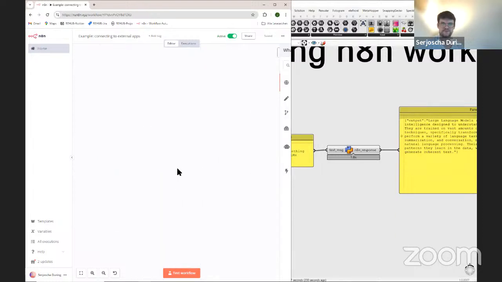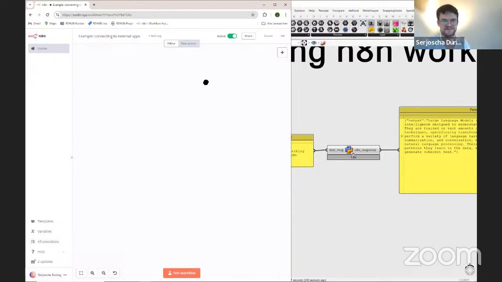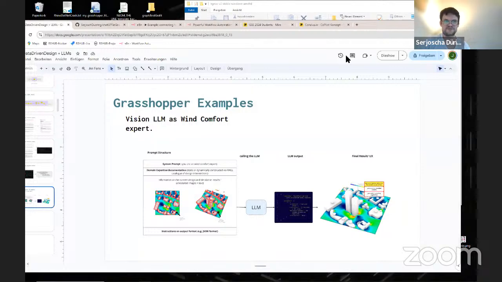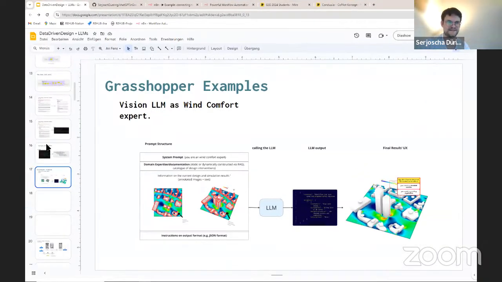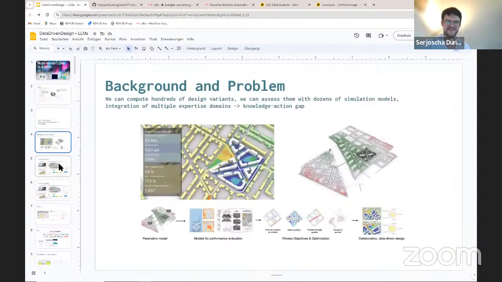And of course, there are also many more large language model agent features like document parsing, embedding, and retrieval. You can use all this to do very fast prototyping, and to close the loop quickly, with a goal to close the knowledge action gap in data-driven and performance-driven planning or design.